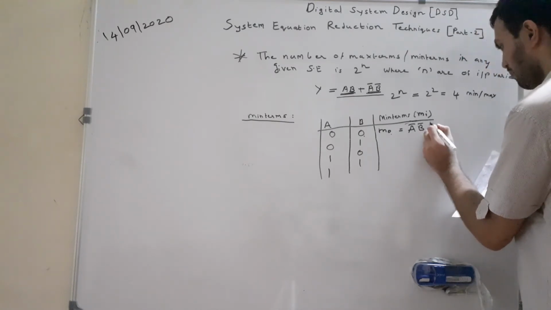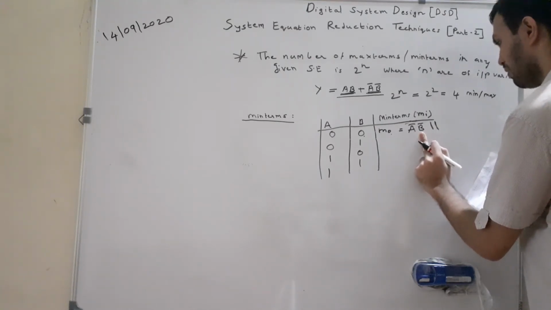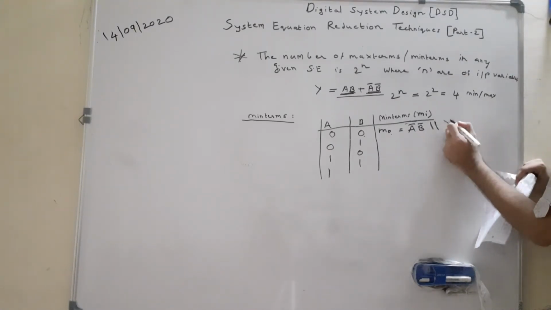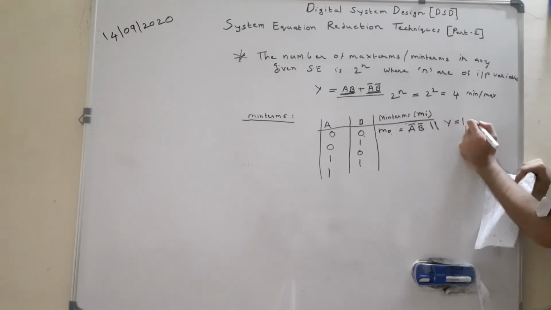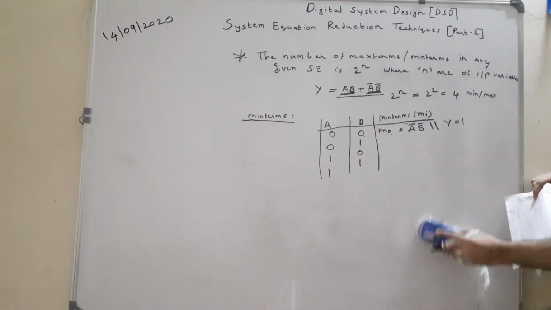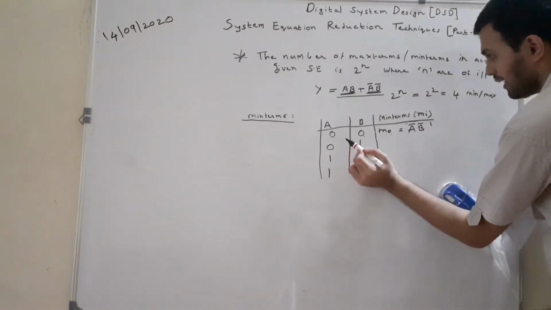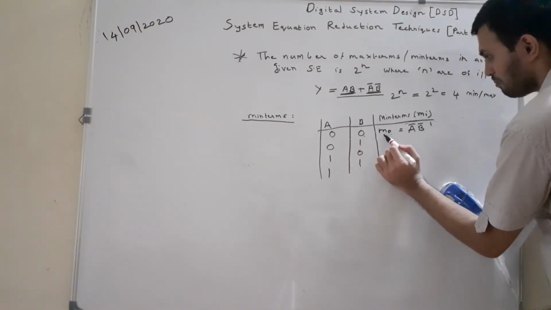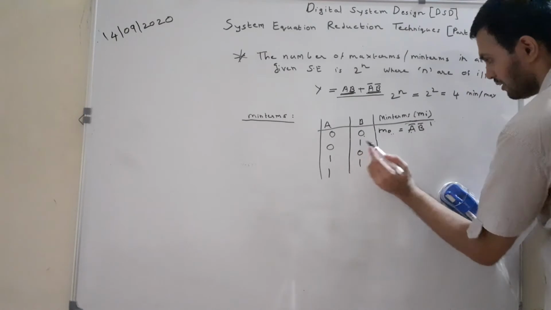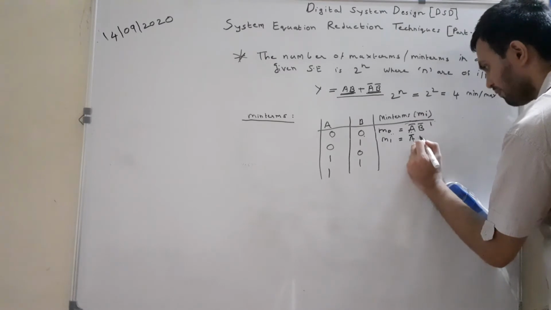So from this expression, you can understand why we have written A complement B complement. When we talk about min terms, we consider the terms in the truth table whose output is equal to 1, and in that case this term is represented in the truth table, but that we will understand later on. For the time being, just understand that when A is 0 and B is 0, we call it min term 0, and it is represented as A bar B bar, because A's value is 0 and B's value is 0. Similarly, the next term is A complement B.